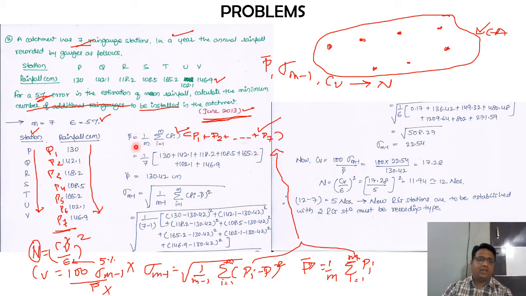Okay. Now if I try to explain this, check out. So first thing is p bar. So again that is 1 divided by n summation of i varying from 1 to n. So here your entire formula is 1 by m. M value is how much? 7, which is already given in the problem.